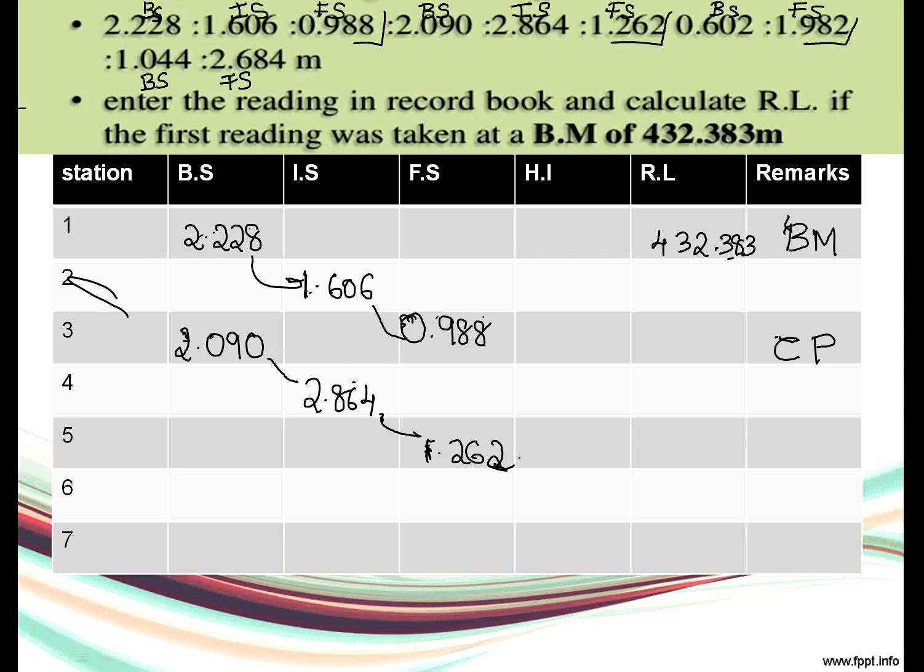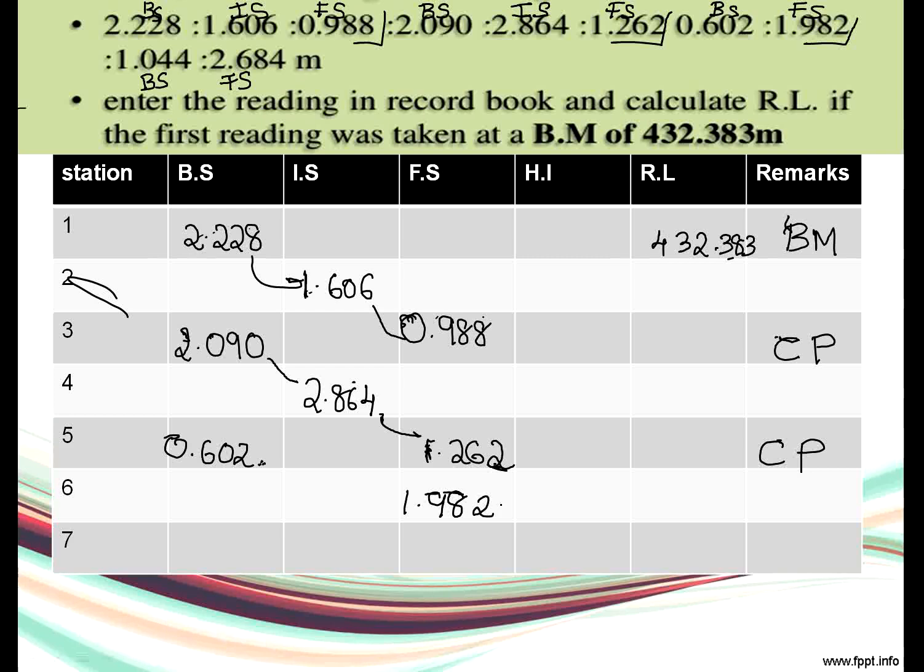Okay, 1.262. Then after this, what happened? Again, the instrument is shifted. So you can write that station 5 is your change point. A change point will have both backside and foresight. In that case, you can write the next reading, that is 0.602, and for that instrument setup only 2 readings are taken. So the first reading will be backside and the last reading will be your foresight,